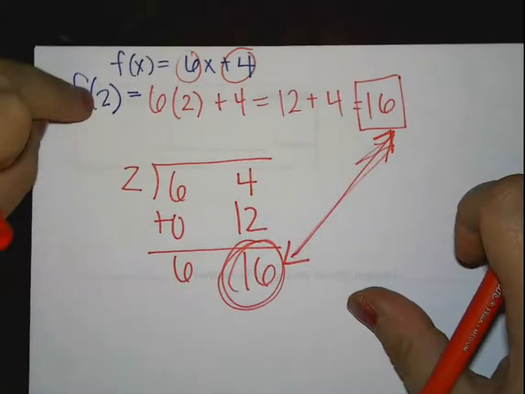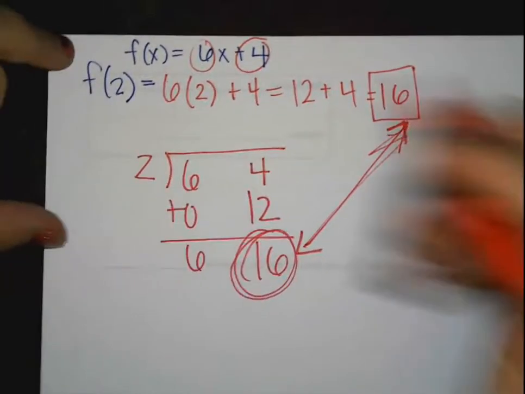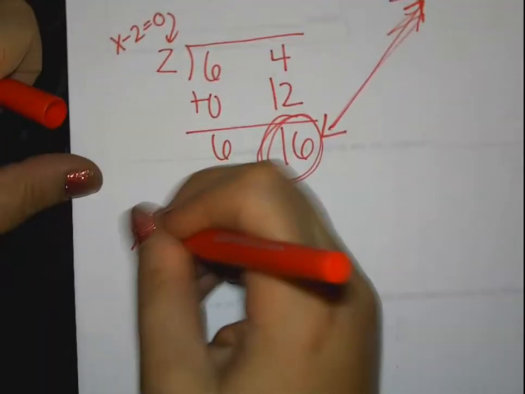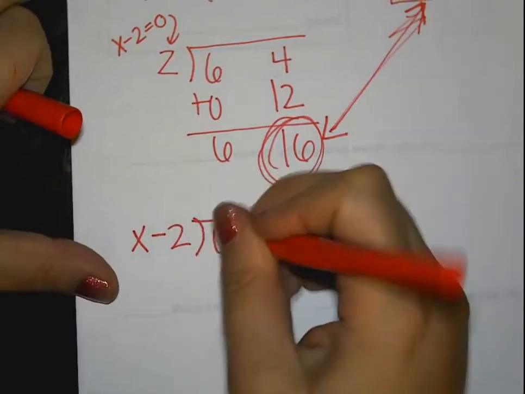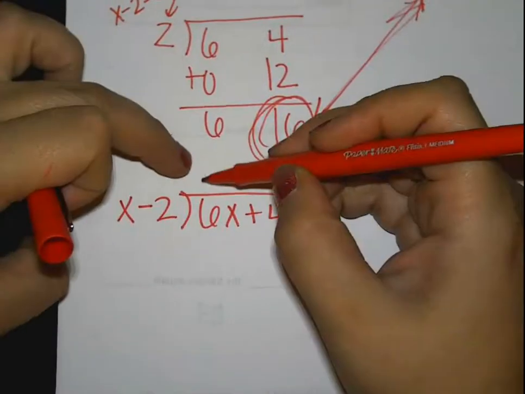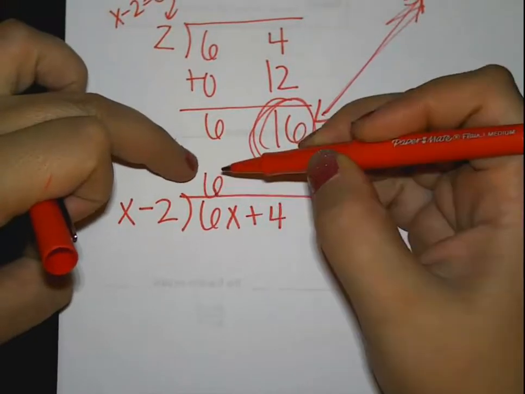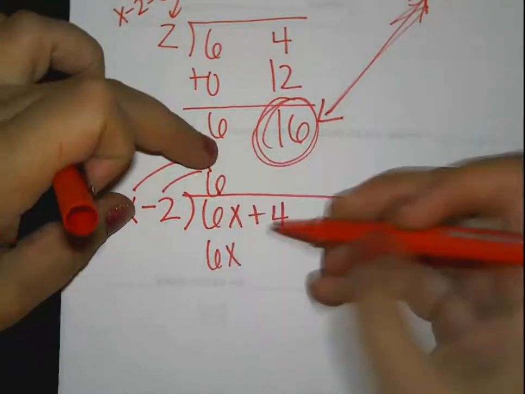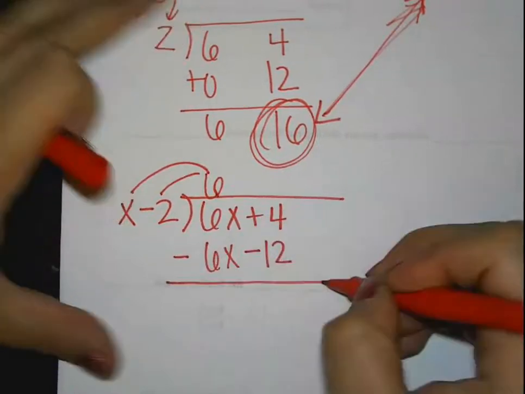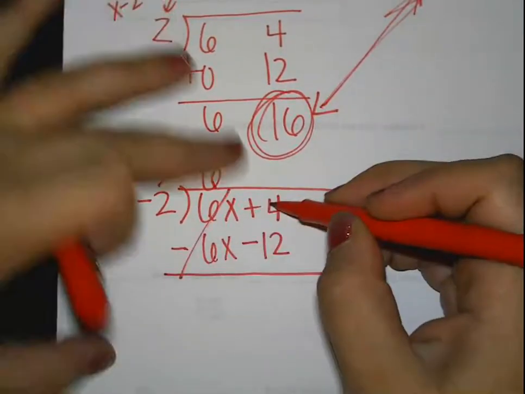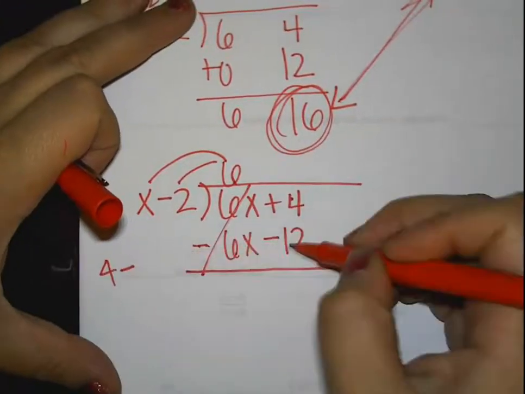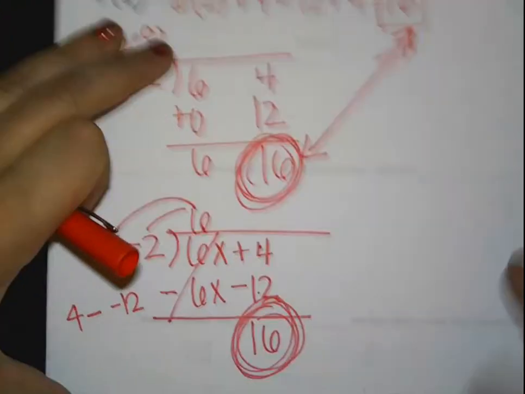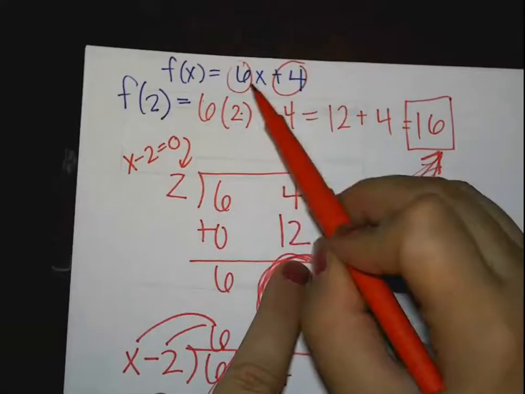Okay, so since this is a 2 here, if I go backwards, it would have been x minus 2 to get that 2 as the solution. So if I did x minus 2 on the outside and then the 6x plus 4, 6 times x is 6x. And then 6 minus 6 is 0. And then 4 minus negative 12 is 16. So again, the remainder is the same answer if I had just plugged in the 2 for the x in